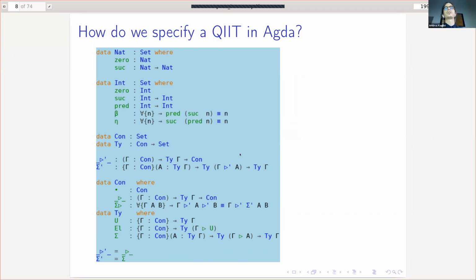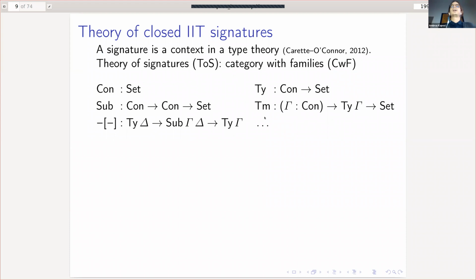Sorry. Yeah. But here I just wanted to illustrate that even the definition of a QIIT is not very simple, because it's this telescopic definition. And for the idea to define signatures, we could try to describe what these telescopes are by hand, but we already know a tool which is exactly for describing this kind of intricate dependencies, which is type theory itself. And I think I saw this idea earliest in Jacques Carette and Russell O'Connor's paper in 2012, and I can't remember the title now, where they defined signatures also as contexts in a type theory. So a context is a telescope of types, or a closed type in type theory. And so we have a handcrafted type theory, which we call a theory of signatures, which is exactly designed for describing